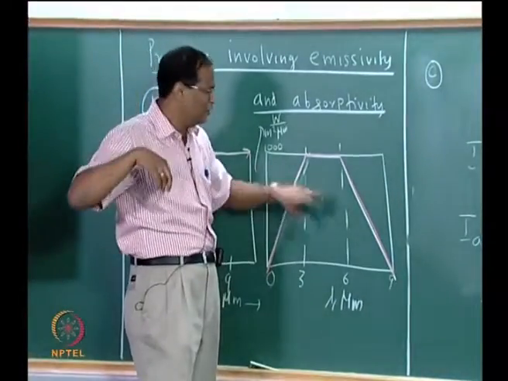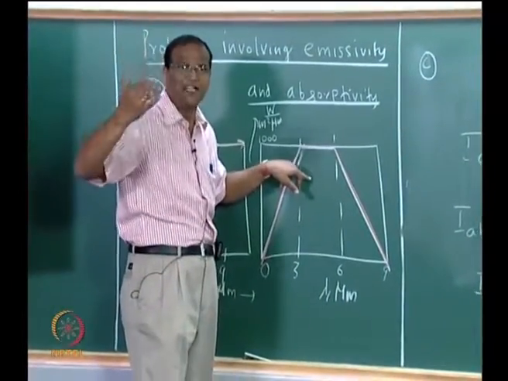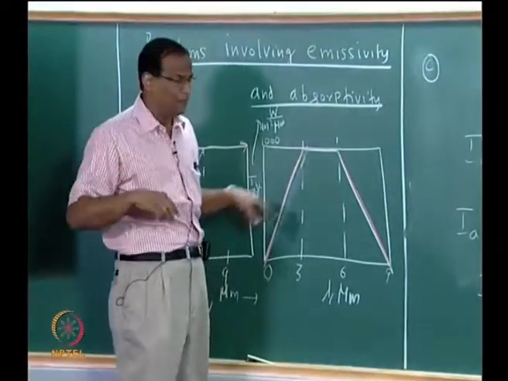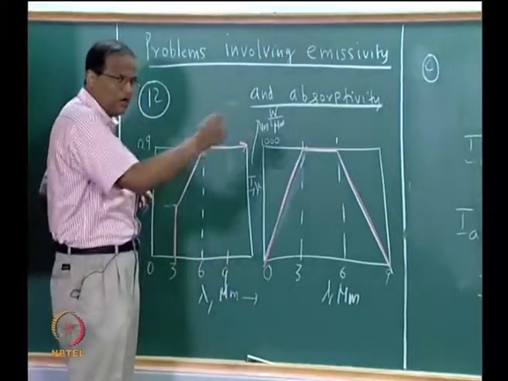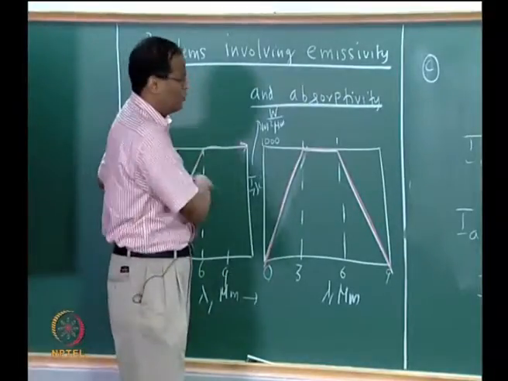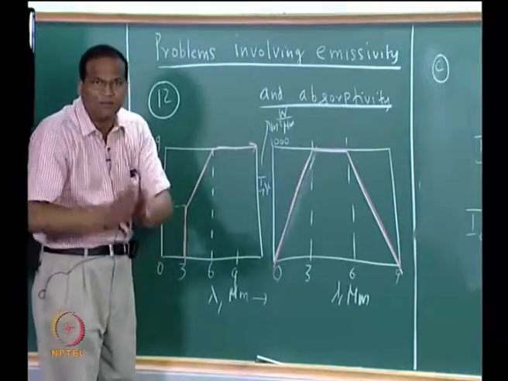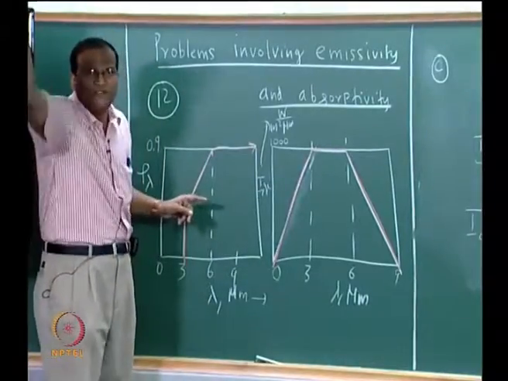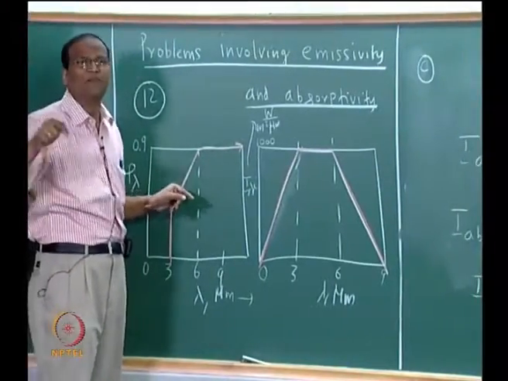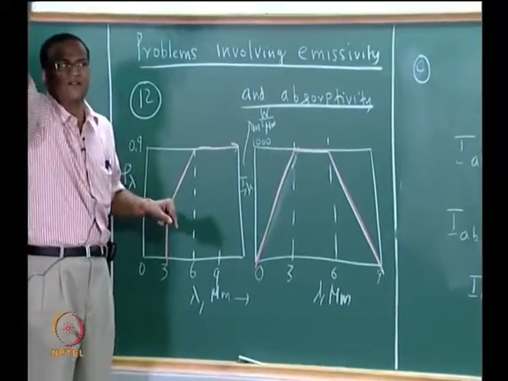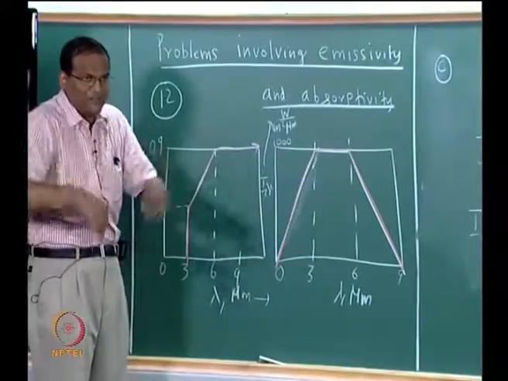For alpha you need either this or some specification that irradiation is from a black body at some temperature. Emissivity, even if I give rho lambda, you can do all this conversion. From rho you can get alpha, from alpha you can get epsilon, but you will get stuck because you have to use the F function chart. For that you need lambda into T. What is the T? T is not the temperature of the source which is giving the radiation, it is the temperature of the surface itself.